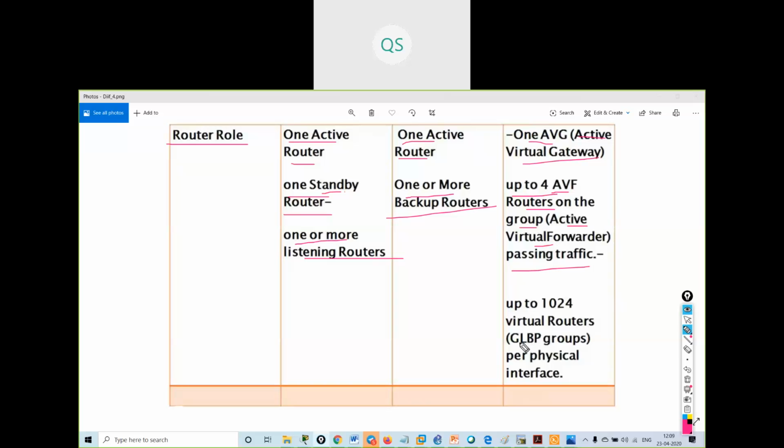Understood? Yes, sir. So we have seen the difference of all the protocols.